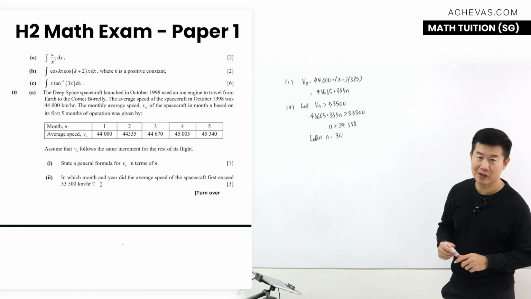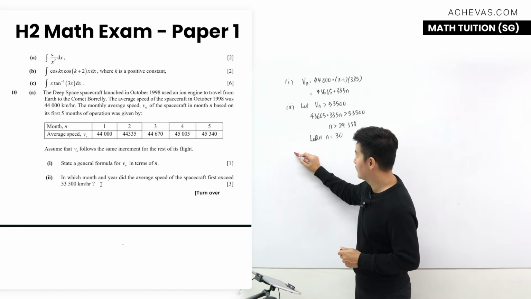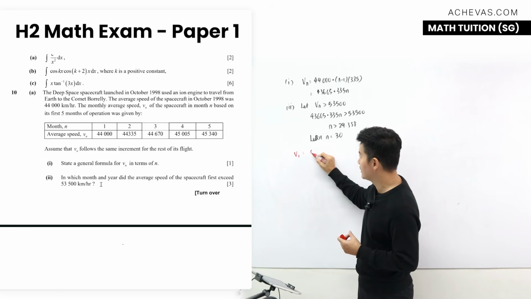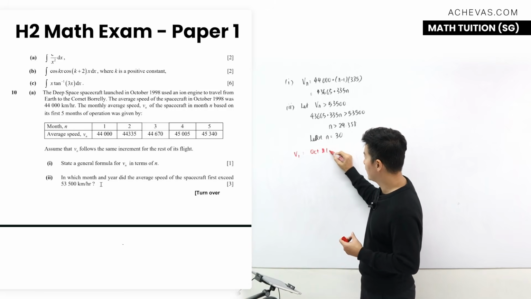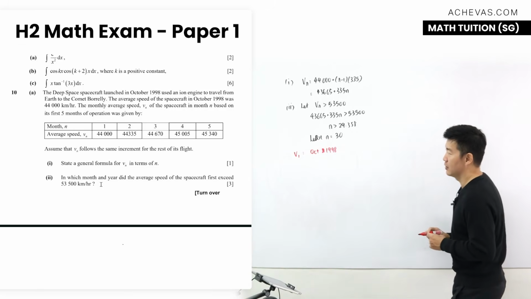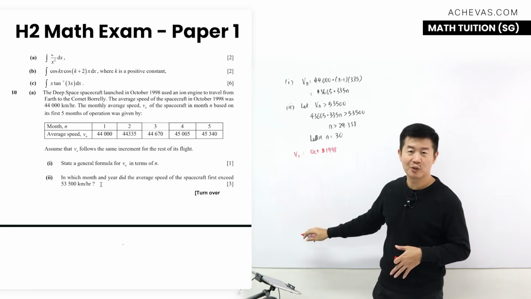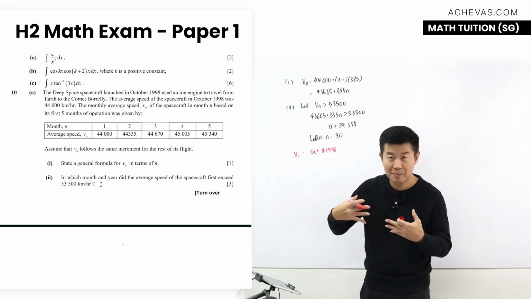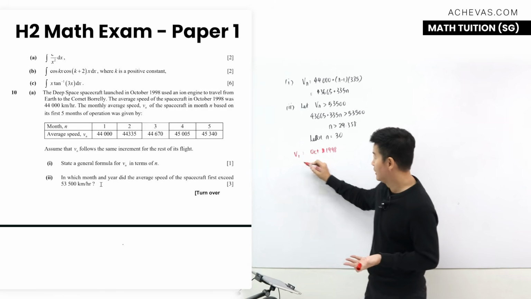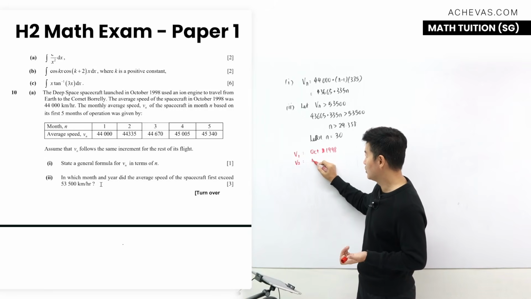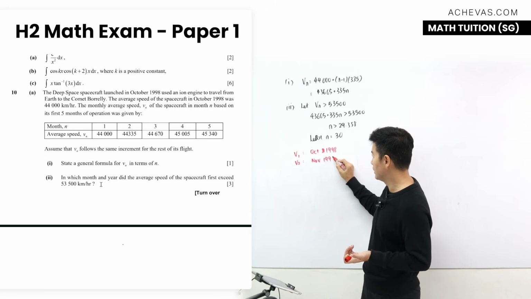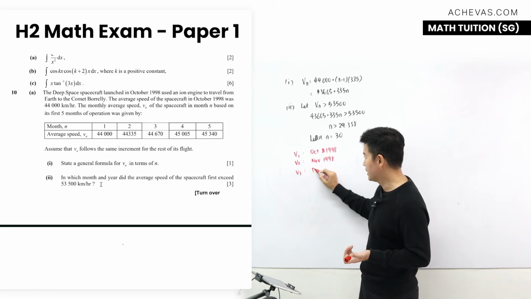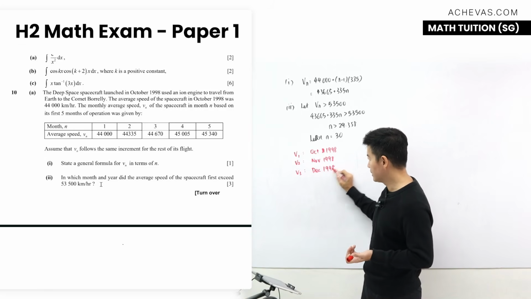Let me just show you how I did this. Okay, don't laugh. What I did was I looked at V1. V1 is obtained in October 1998. That is what the question says. So I just basically count all the way until V30. When I can maybe use a bit of math to use patterns to count faster, I will just count faster. If I cannot, I literally just count like that. So after that, it's going to be November 1998. Then V3 will be December 1998. Then V4 is going to be January